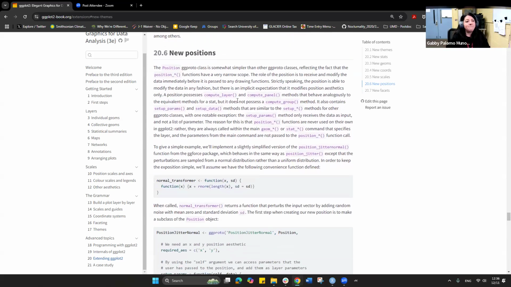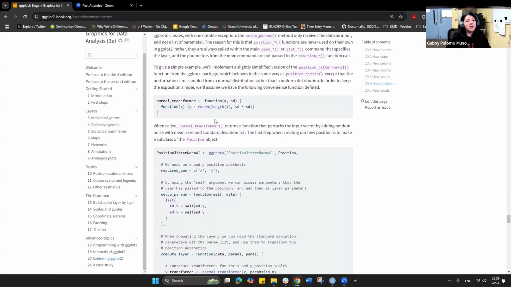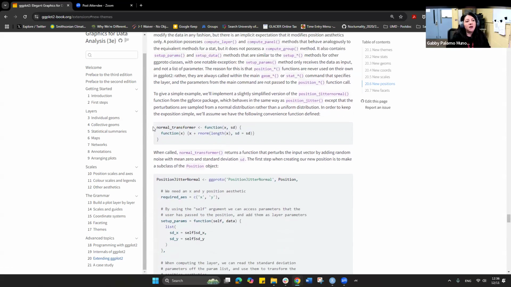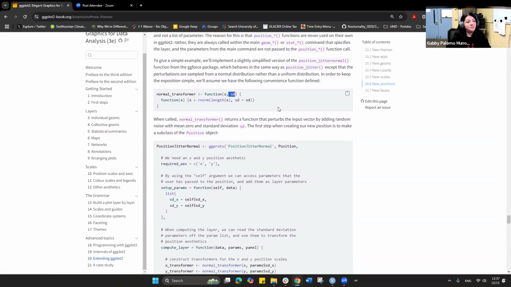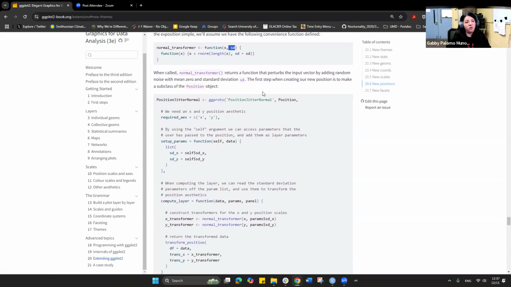And yeah, there are a bunch of ways to do this. Again, we start by creating the way you want to transform the data. So let's call it normal transformer. And this is going to be a function that accepts x and a standard deviation, because what you want is, again, centered at 0 and one standard deviation off. So this is going to be your function. Again, we're just normalizing the data. So when we call that normal transformer,